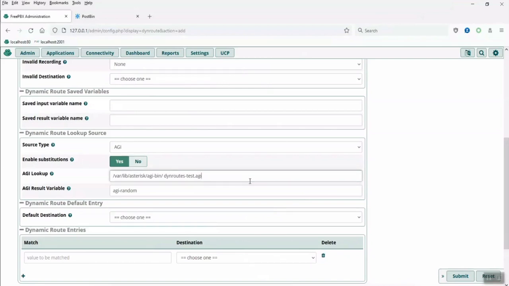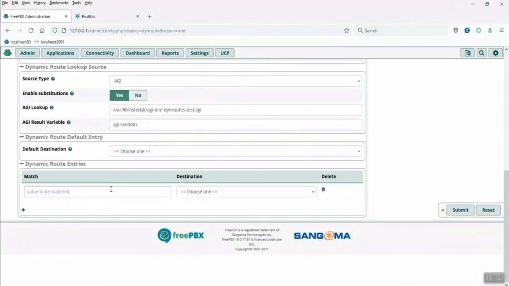So what have we accomplished here? When a call flow goes to this dyn route, it calls an AGI file, and this is the path and file name to that file. The file runs, and we can see from the previous step that it generates a number between 1 and 4, and it assigns it to an Asterisk channel variable. And this is the name of the Asterisk channel variable. So all this dyn route has to do is run the script, and then in order to do the